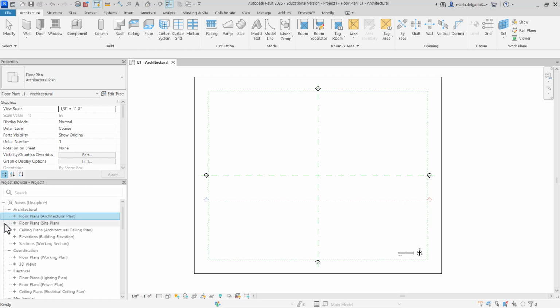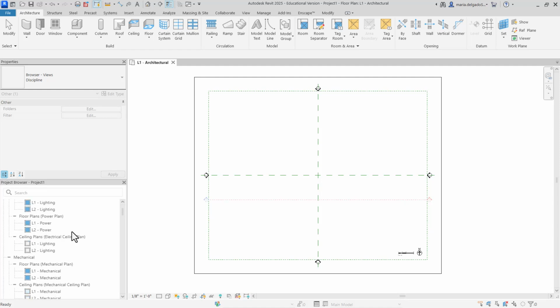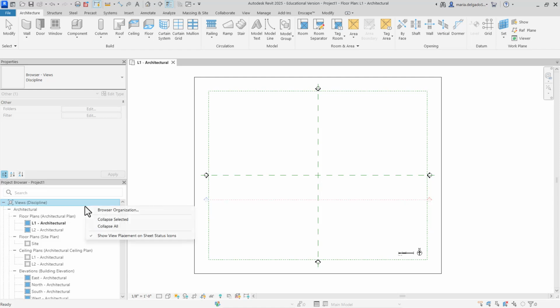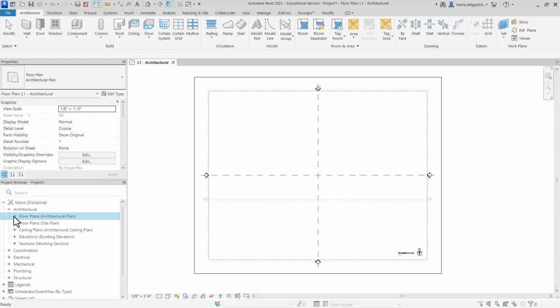If you right-click within the negative space, if you will, you can say either Expand All, where you have everything opened and you can scroll down and see every single element, or you could say Collapse All, and it just resets so that you can focus on specifically what you're trying to look at.